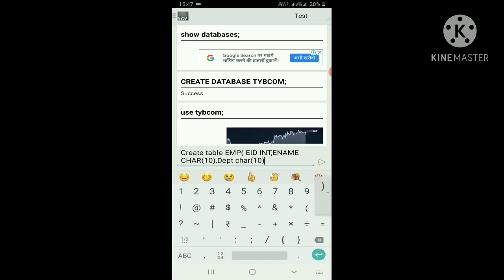After closing the bracket, comma, and you can take the fourth column, salary.